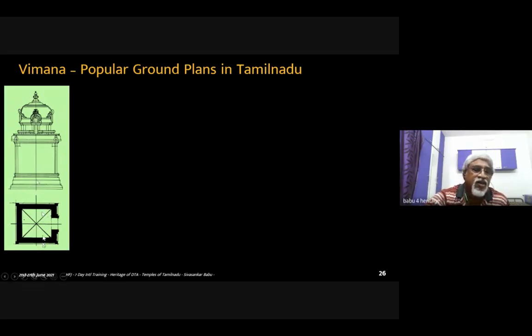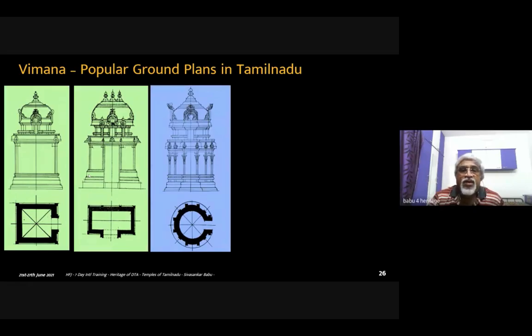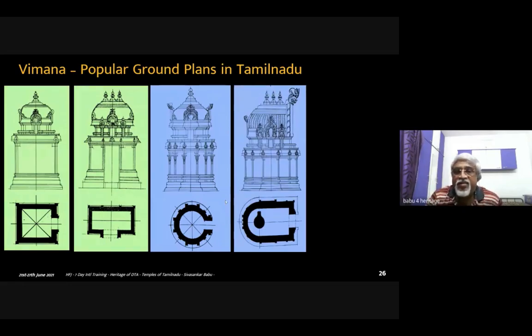So now you know this is the Nagara shape, the square, and the temple will look like this. In the square plan, all the components will be squares. The second one is the rectangular plan, and then the entire temple will be elongated. Normally, for Vishnu temples, this will be an elongated plan, particularly for Sayana Vishnus. The third one is a circular Vesara format, where the entire temple will be circular. The variation of this is the Gajaprishta.